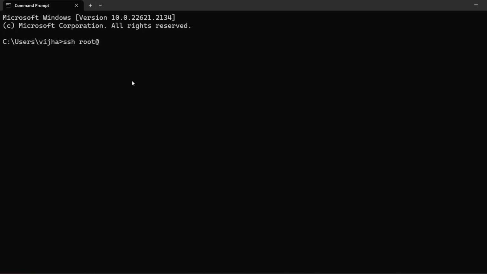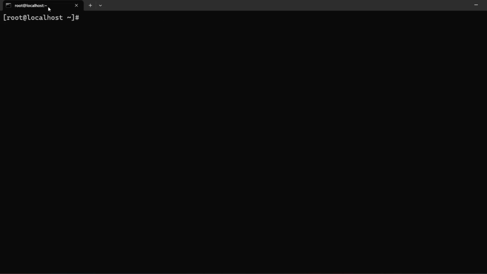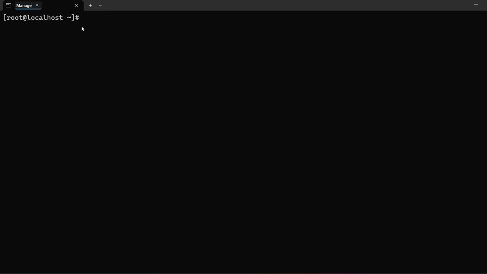The management node, or the control node which we have, has the IP address 192.168.1.19. Okay, and I'm using SSH to connect. Now I need to supply the password. Here you can see we have connected to the management node. Now let's clear the screen, and also let's rename it. I'm just going to rename it so it is easier for you to know which host we are connected to. Okay, so this is the management node,